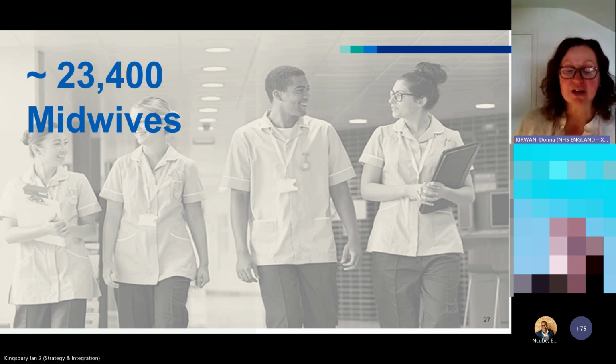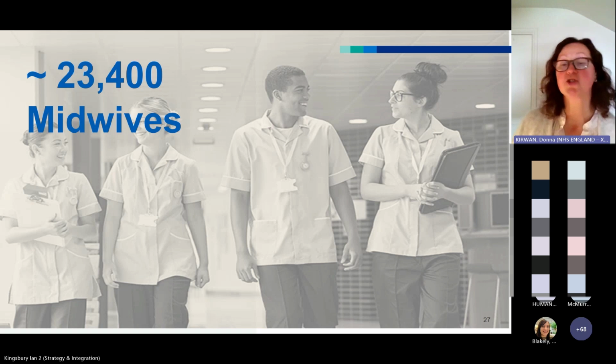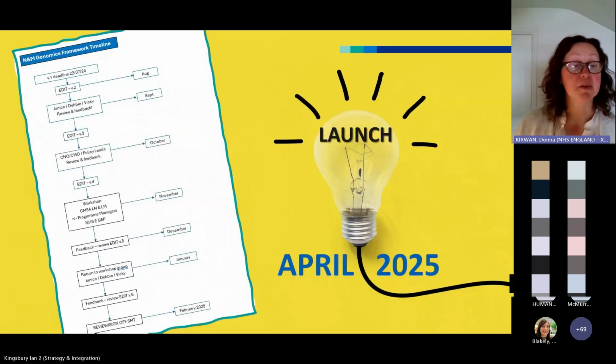We've been engaging and connecting with our midwifery colleagues for some time now, and there's still much more ground to cover. Our ambition is to develop a future nursing and midwifery framework to enable a coordinated and standardised approach for genomics going forward. So here you will see a schema of what's been happening in the background regarding development of the